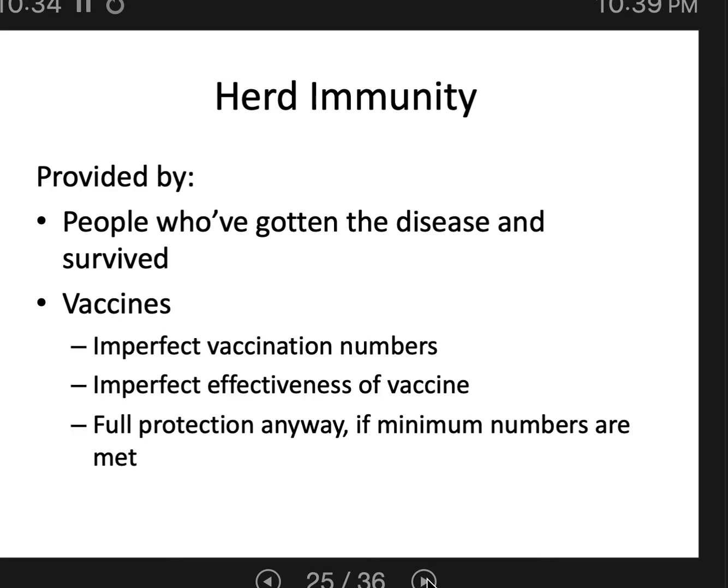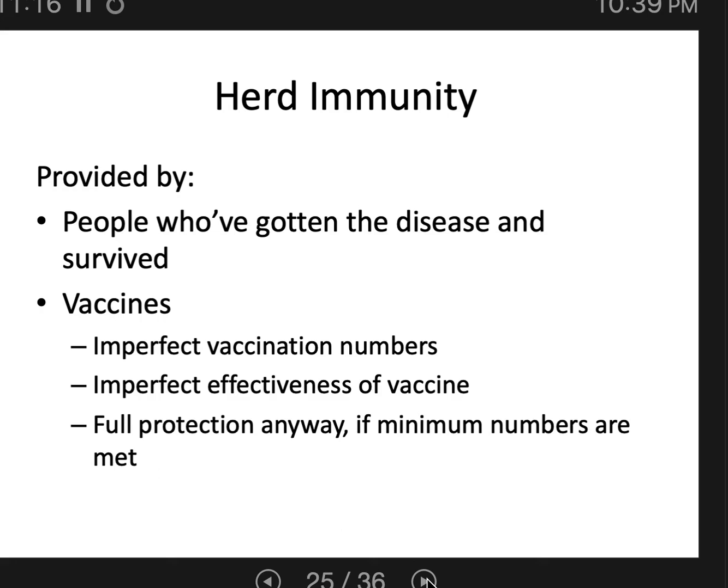So vaccinations can provide long-lasting and sometimes lifelong protection to an individual against a certain disease. It's the same thing as getting sick, except you also become immune to a disease when you get sick, but vaccines just allow you to skip the whole getting sick part. And that can be useful for pathogens where you might not survive them. So for the common cold, that's fine. You can just get sick and become immune that way. But for something like measles, where there's a high risk of mortality, it's useful to get a vaccine because then you can skip the getting sick part, you can skip the risk of dying from the disease.